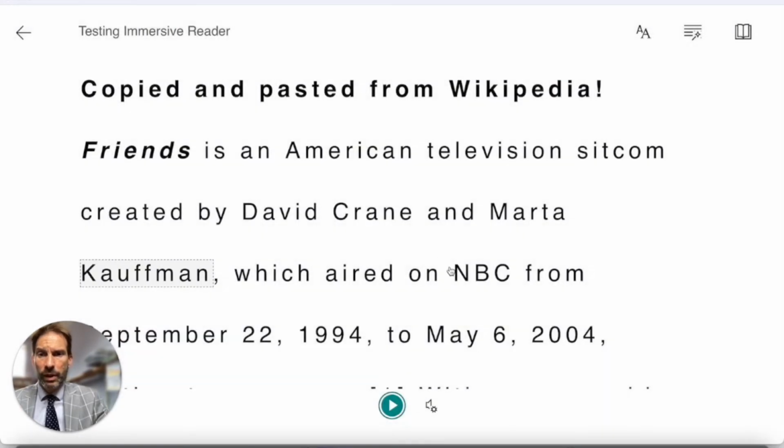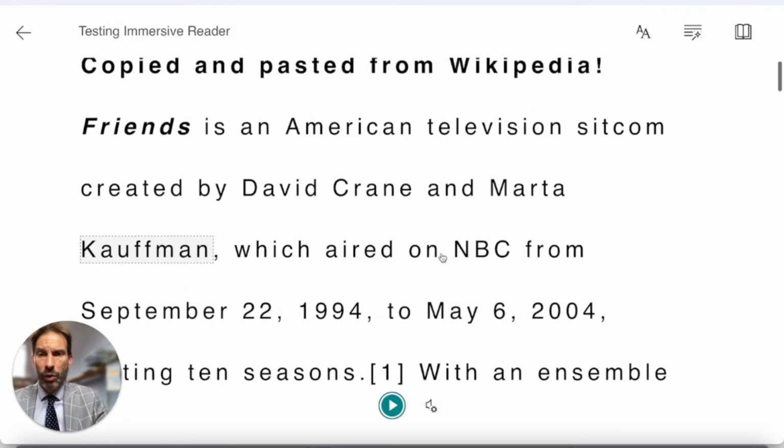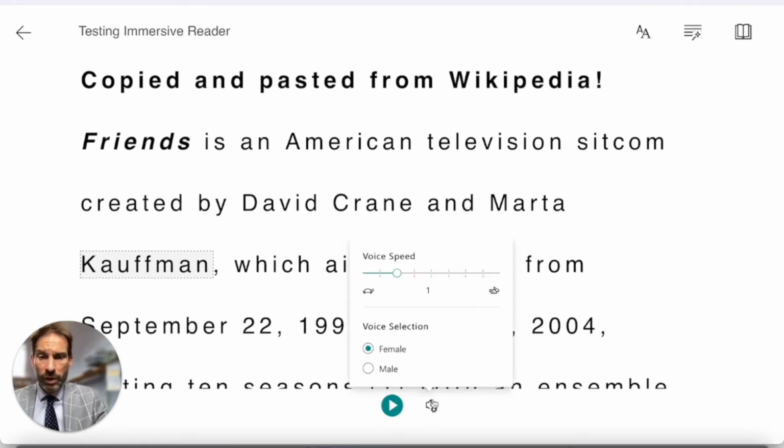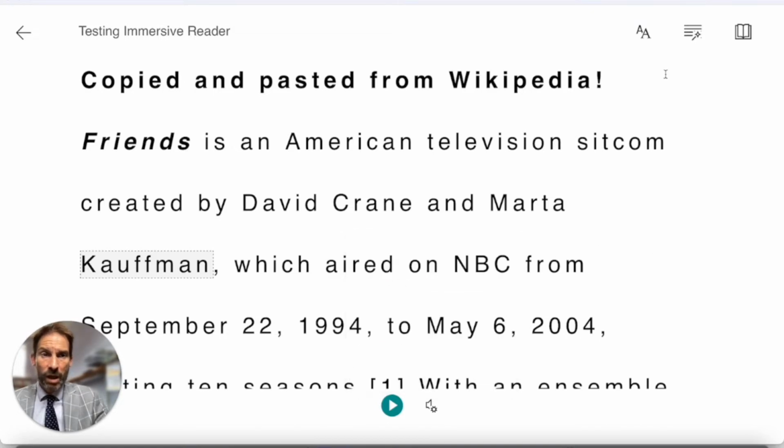There you go. It reads your article, your piece of work. You can change the voice to male or female, you can change the speed, and there are many other things you can do. There are lots of videos about it, and I have a very small amount of time to deal with that.